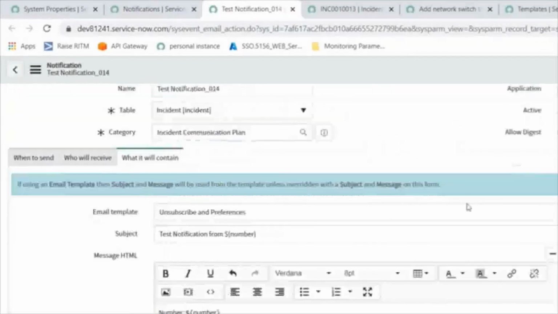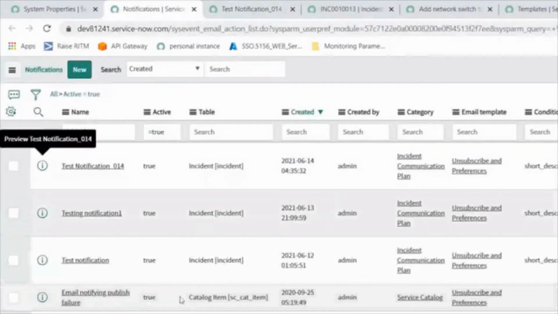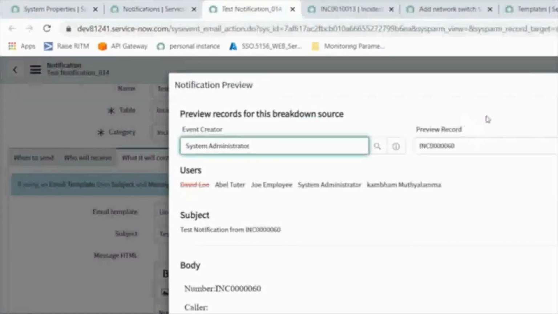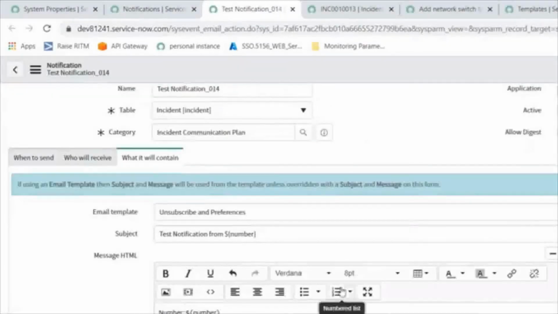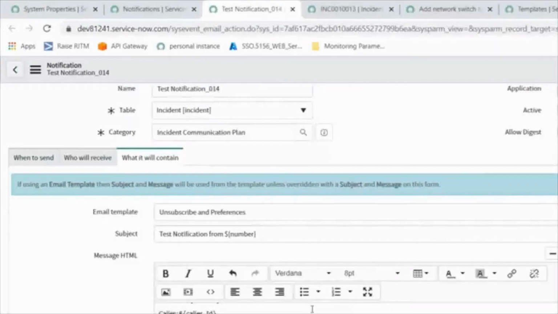Okay, we have to take the backend values. That does not matter. You can see the caller ID, caller email, which you are passing here. What is that? You are passing caller email, additional comments, right? All the stuff is here. Additional comments, approvals, all these comments are appearing in the preview notification.